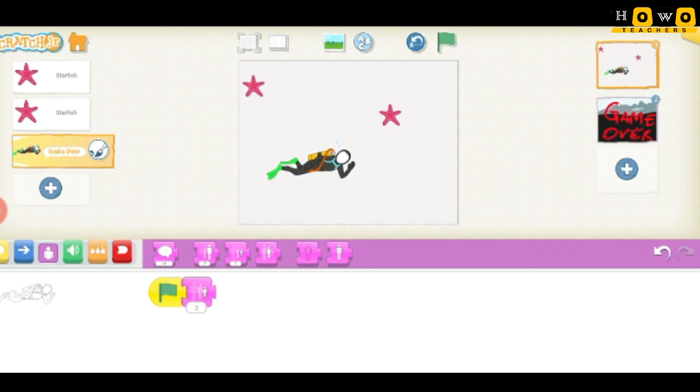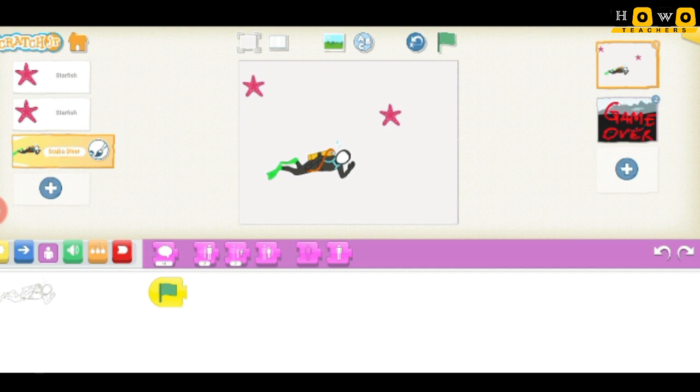Now see, the size gets reduced. So this size, I think it is fine. I can save my scuba diver with this much size. Okay, so whenever there will be the starting up of the game, at that time the size of the scuba diver will be reduced, or even I am going to play it like this also, that will be fine.